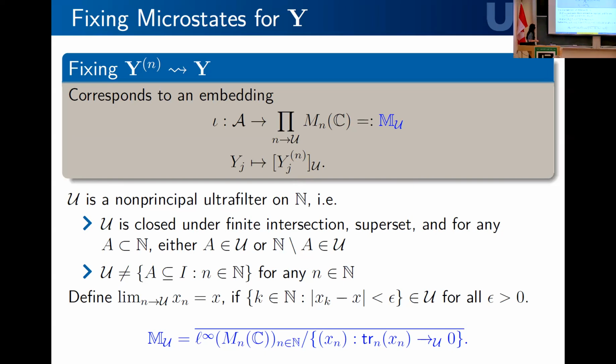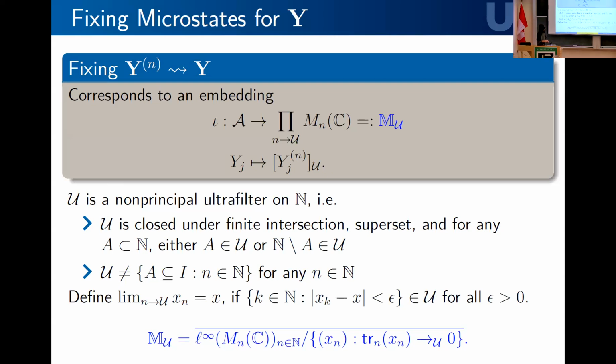The key thing about this is that you can do some notion of taking the limit, which is defined down here. I just say that the ultralimit of some sequence xn converges to x if the set of indices where I'm epsilon close is in the ultrafilter. This limit always exists, and it captures the notions of limit infimum, limit supremum, arbitrary subsequential limits, and so on. Then I can form this matrix ultraproduct by taking bounded sequences of n by n matrices and modding out by those which have traces going to 0 in the ultralimit, and then I complete with respect to an ultralimit of these n by n normalized traces.